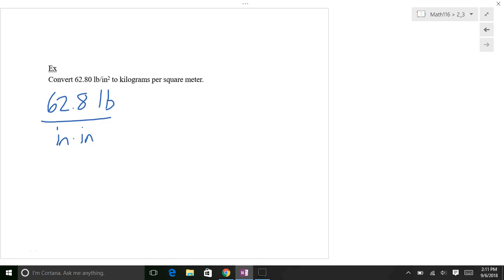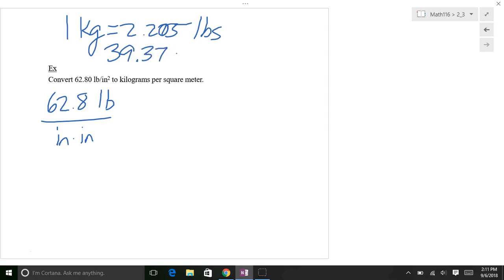We need to know that for a kilogram, it's 2.205 pounds. That will take care of our pounds; we're going to take our pounds to kilograms. And those square inches, we want to go to square meters, so you also have to know that there's